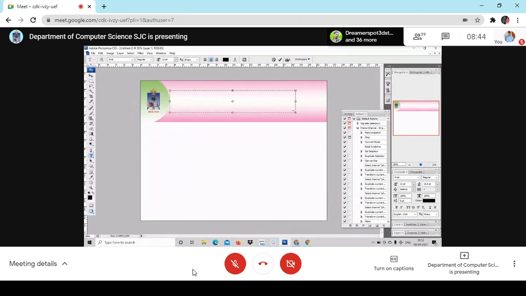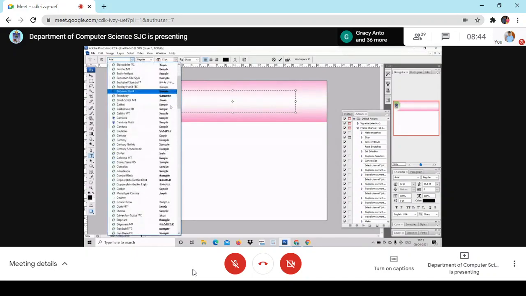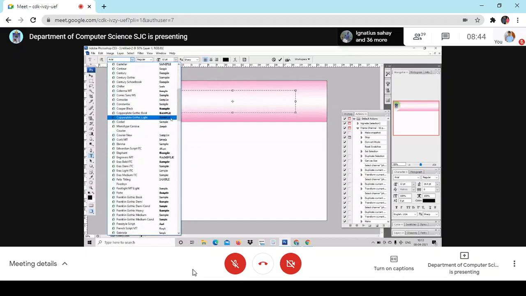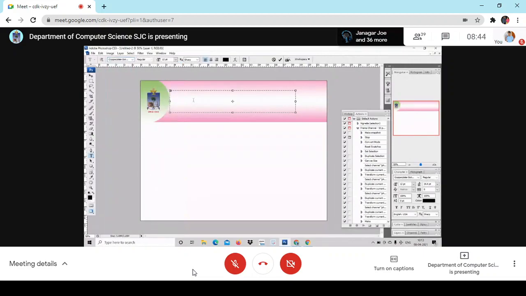I just type St. Joseph's College. I want to have left alignment, and the font that I would like to choose, maybe some nice fonts. I'm using this.